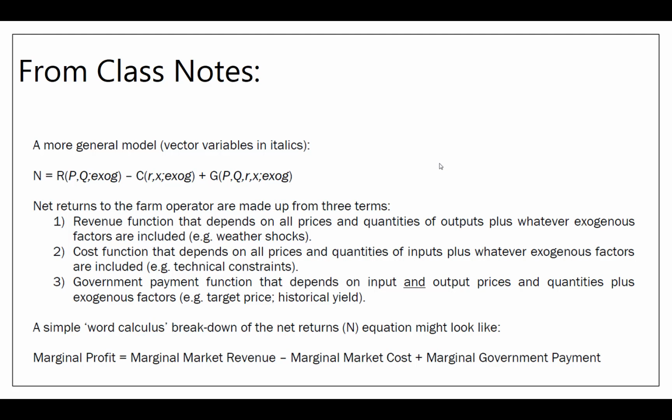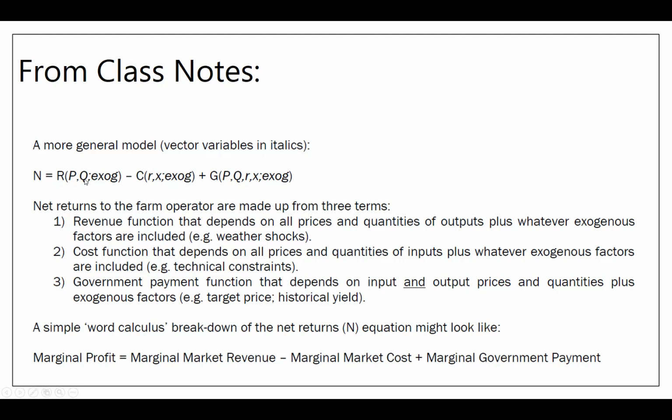is a function of the production technology and prices for outputs and inputs, and you could solve that problem with a simple sort of calculus application. And then we did a graphical solution to the two output problem with the producer possibilities frontier. And then at the end, as we left class, I wrote on the board this idea, the idea that some sort of general model would take into account the net returns to the operator, right, the sort of target of farm policy, the net returns, and those returns you might think of as a revenue function or a revenue component